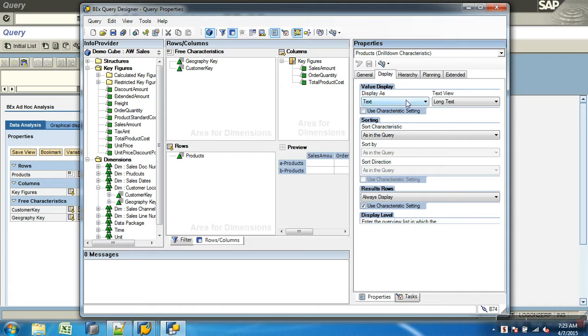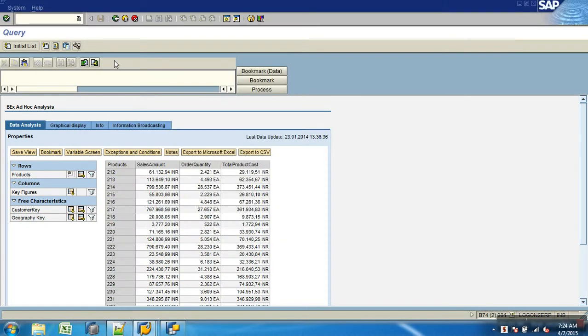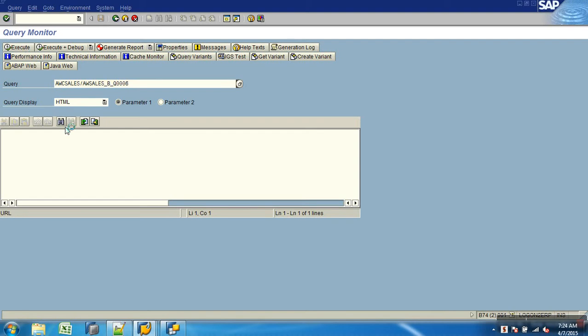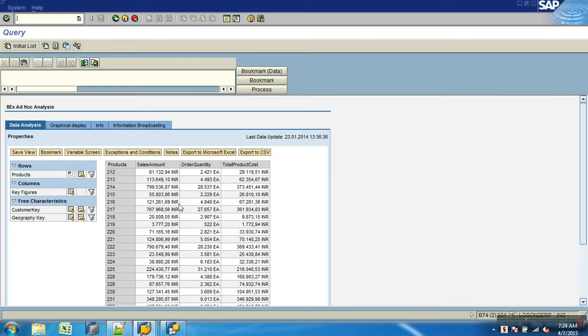When I say text, it asks me, since in the backend I maintained both medium and long, which one do you want. When you say key, it actually brings the characteristic value. When you say text, it actually brings the description from the text table. And as soon as you say text, which description do you want, long or medium? I'll say medium. See, now instead of getting to see product key, you will get to see